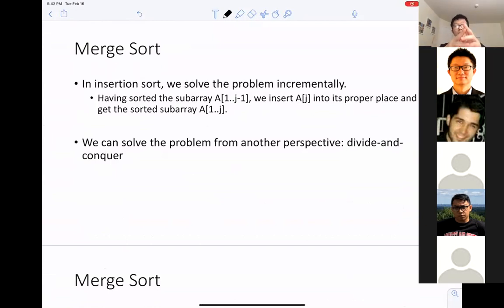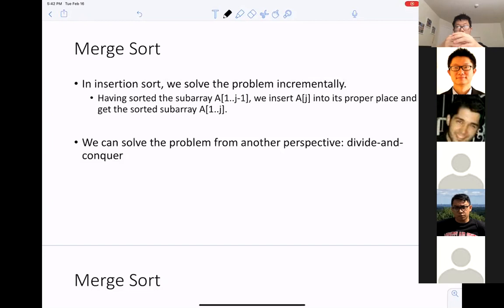If you remember, by the end of the first iteration of the for loop, we got the first 2 numbers sorted, and then the first 3 numbers sorted, the first 4 numbers sorted, etc., right? So in every iteration, we basically increase the solution size by 1. By solution size, I mean the number of elements that have already been sorted.